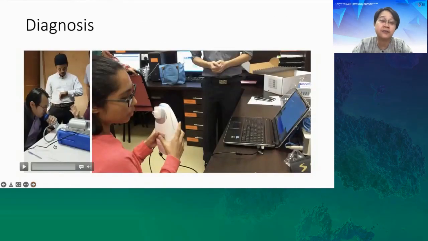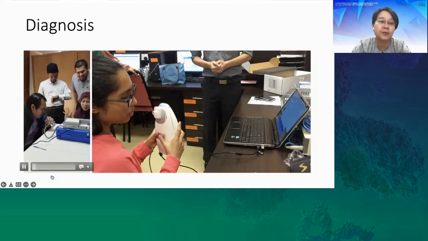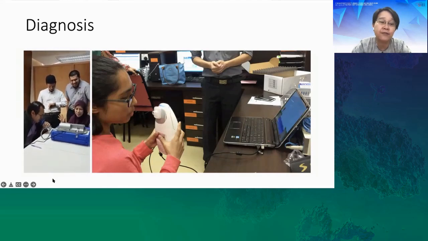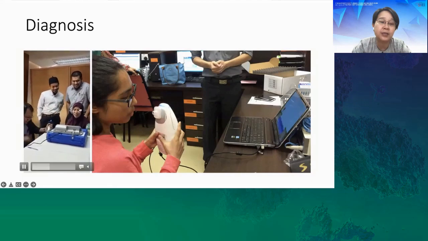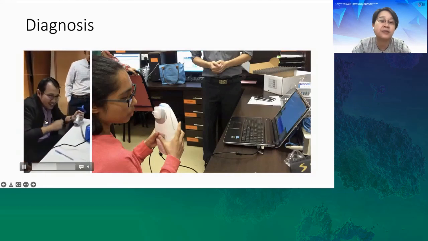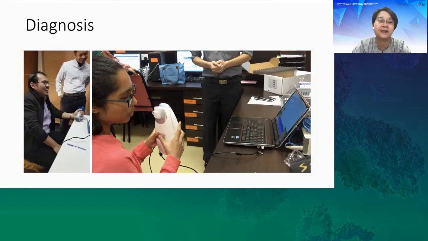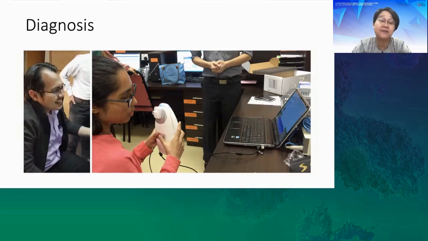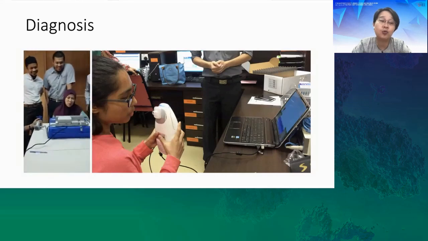So for the diagnosis of asthma, I'm going to show you a video of the reversibility. I'm just going to decrease the volume first. Okay, so this is a person doing a spirometry. You can see that there's a lot of effort, and the person who's doing it looks absolutely exhausted after that. So spirometry is very effort dependent. And who needs to do the work? The person who performs the spirometry, as well as the person doing the spirometry, right?